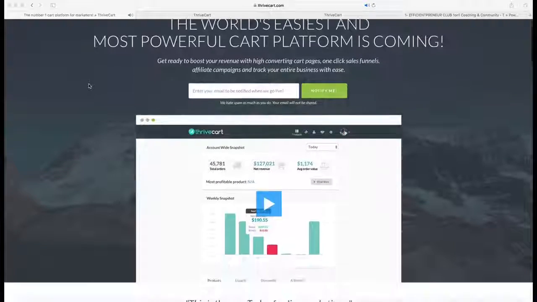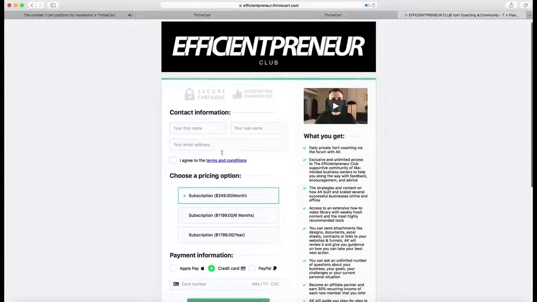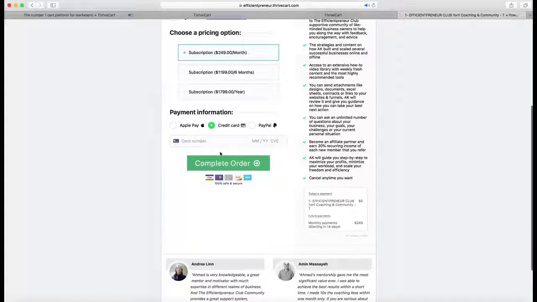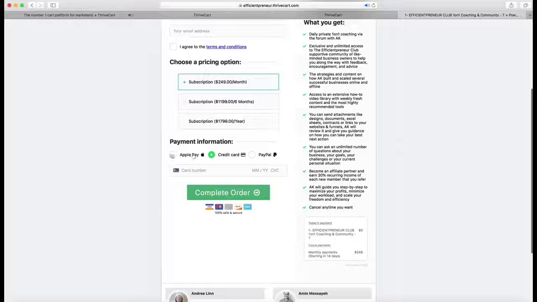ThriveCart is a very powerful cart platform to create cart pages like this one. It's very simple. You create a product, which is like each cart that you want to create, and you can link in one place Apple Pay, credit card through Stripe, your Stripe account. You link it once to ThriveCart, and then you create